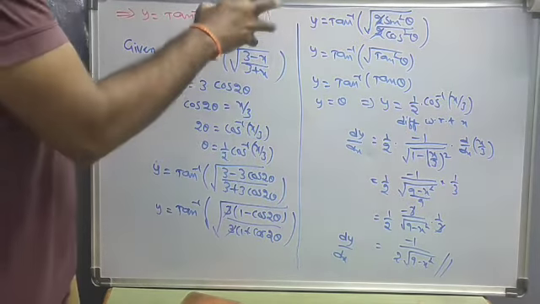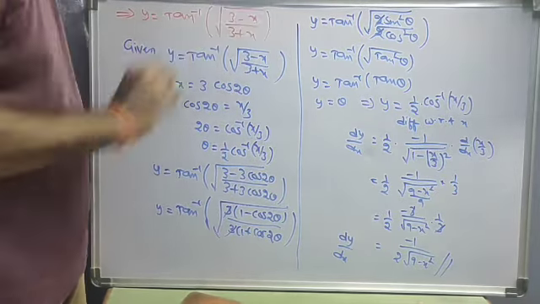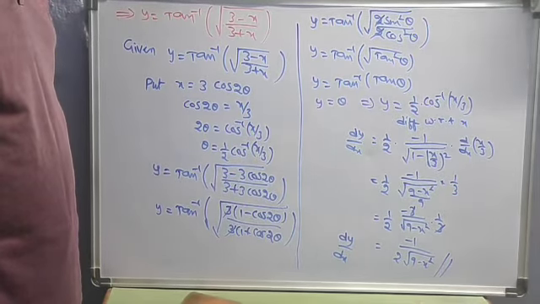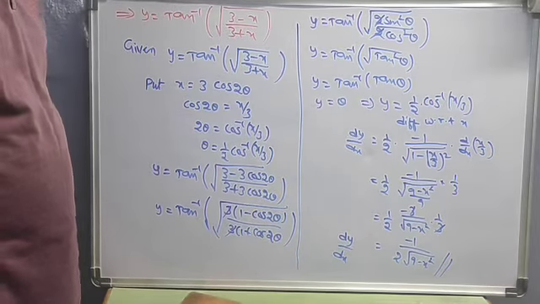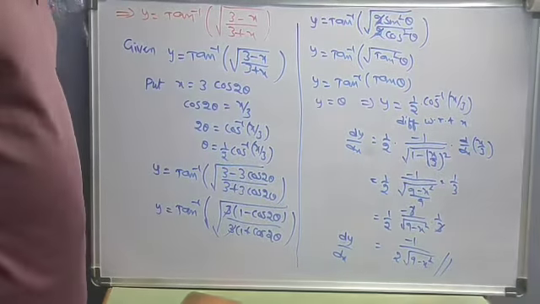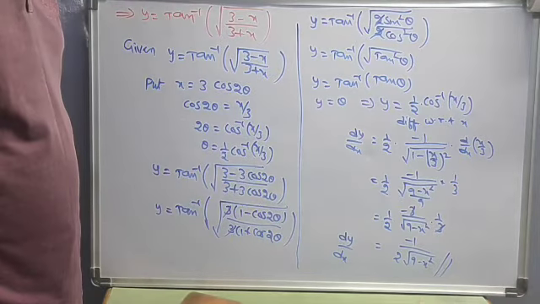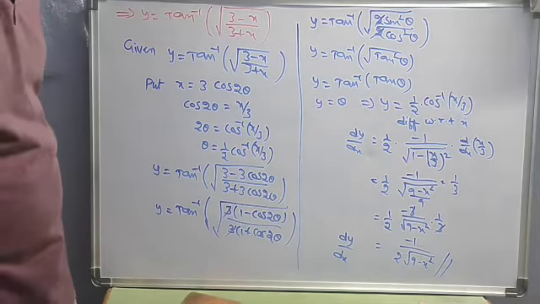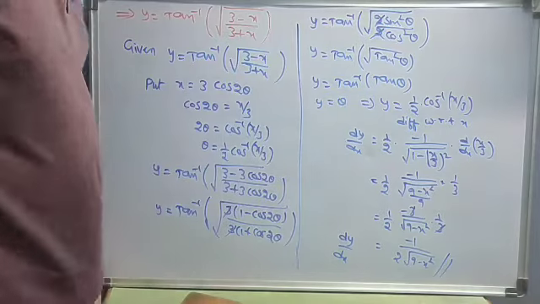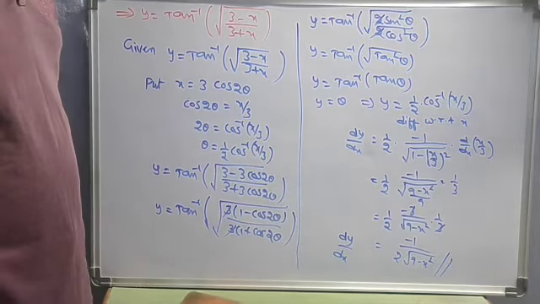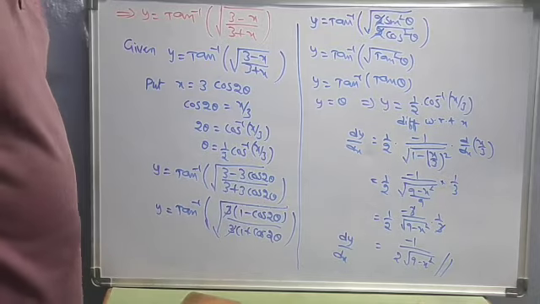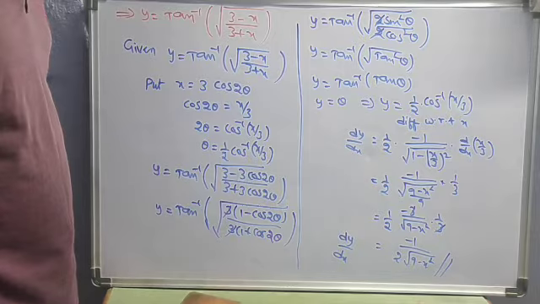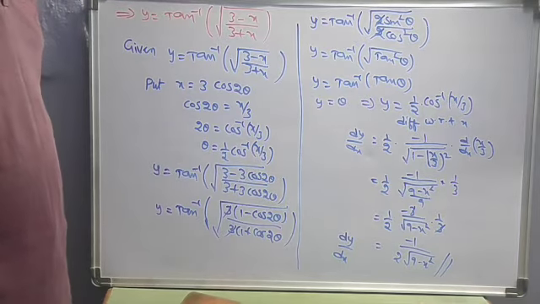Or otherwise, you can use the tan inverse of f of x formula. What is the tan inverse of f of x formula? It is 1 by 1 plus f of x whole square into f dash of x. If you go like that, finally you will get this answer only. If you take any procedure, finally our answer is this one. But here I am taking the substitution process. If you go directly, the final answer is also this one. dy by dx equals minus 1 by 2 into square root of 9 minus x square.